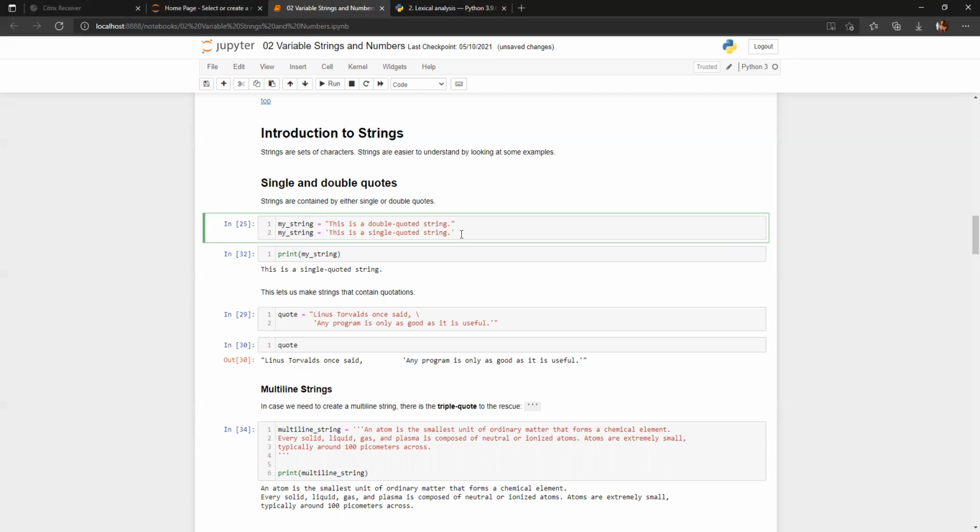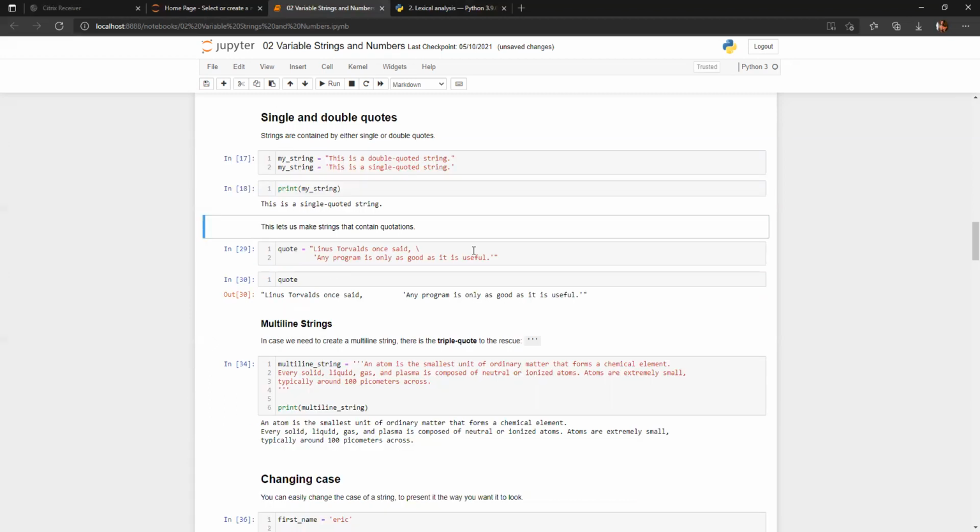And as you can see here, if I'm using double quotes and single quotes, the output is printed here, like "this is a single quoted string." Now if I want to keep any spaces, as you can see here, a code is written, and a line is written, like "Linus once told."